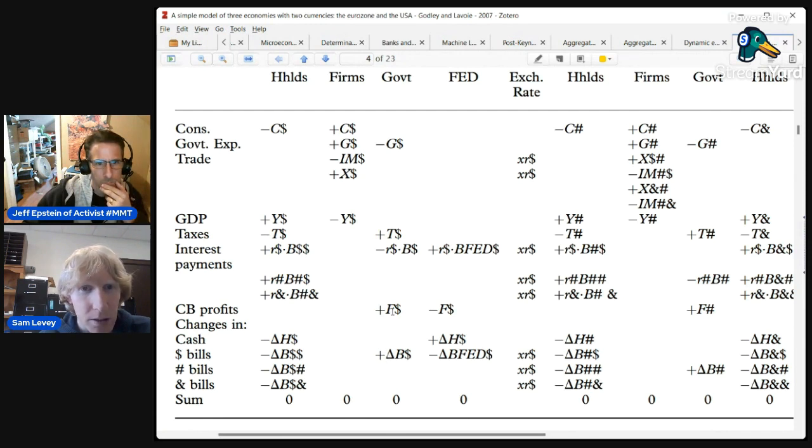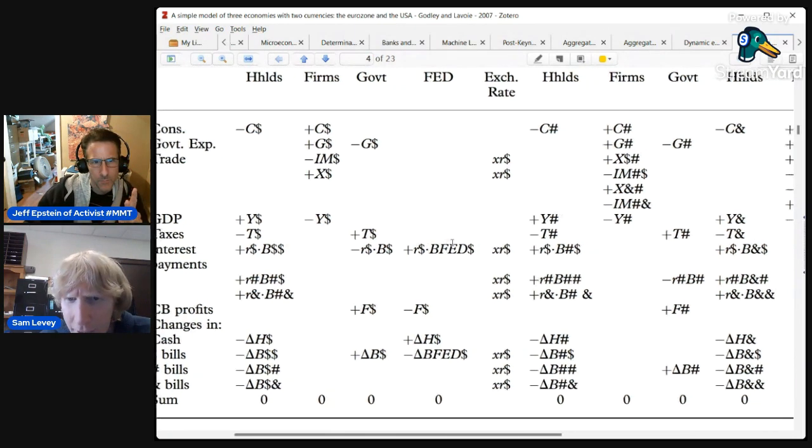Okay. In the Fed, the central bank, okay, so here is interest payments that the Fed is receiving. So in this entry here, we're looking at the government paying interest, and then that goes to everyone who owns those bills, which are like households in the different countries. And the Fed also has some government bills. They have some US government issued instruments, so they receive some interest. So that's that. What's B Fed versus just B? B Fed dollar sign versus just B dollar sign?